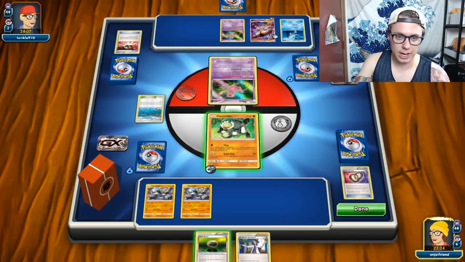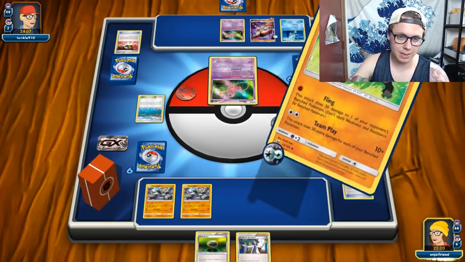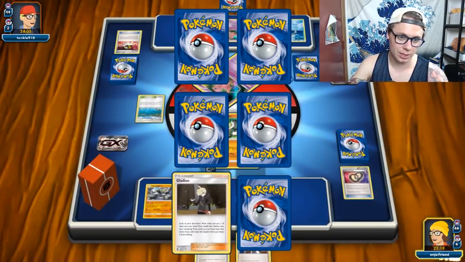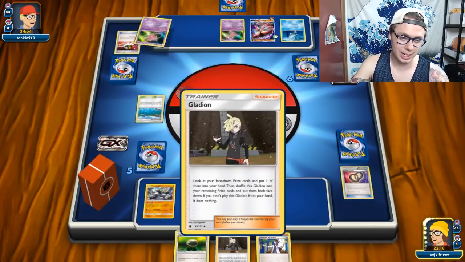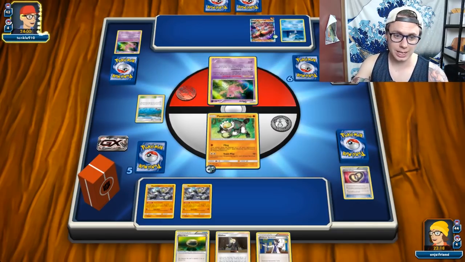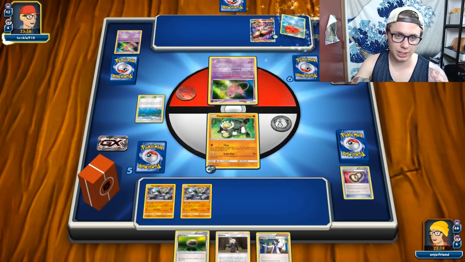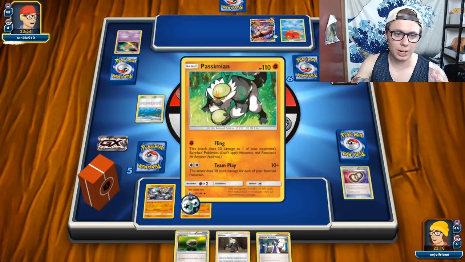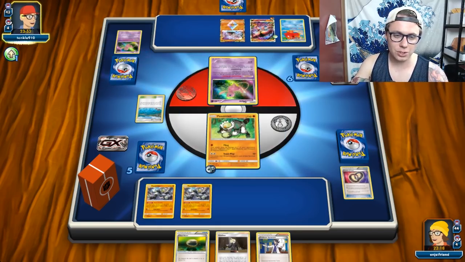So yeah, all right. And then we're just going to Team Play for knockout, take a prize. Hopefully we don't get that Gladian back. I feel like I want one of the other things here. Oh, well, there's Gladian again. All right, sure enough. We're going to just Sycamore that thing. We don't need it anymore. And then I'm top decking the Brooklet Hill. We'll Sycamore that as well. Now, I don't think my opponent has a great way to knock out my Passimian, other than to...